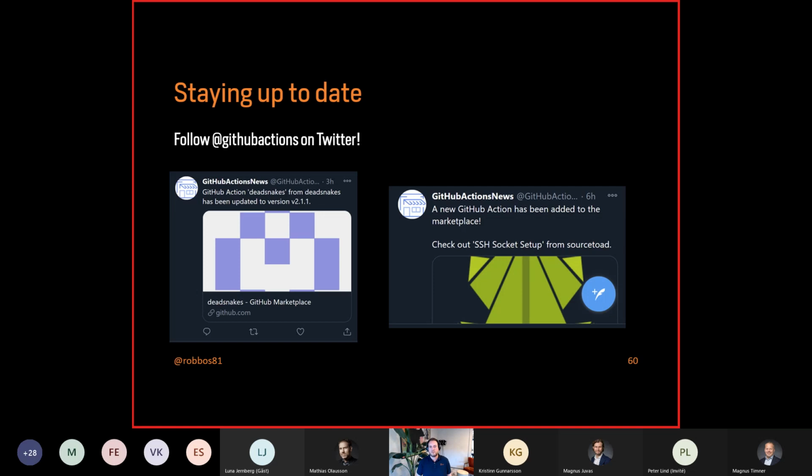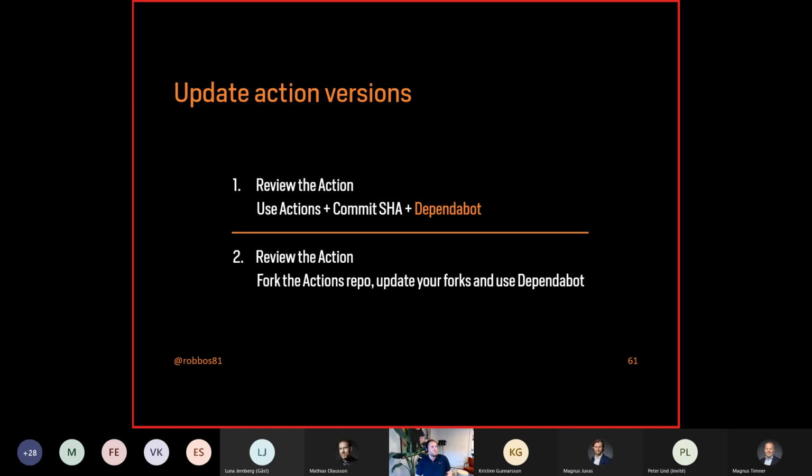But of course, this is not just a way to keep things up to date. You cannot wait for that tweet to come by and figure out, hey, I need to update my fork repository. What you can do is two different ways that I have to share, that both start with that single step that I said. If there's anything you're taking away from the session, review what the action is doing. Otherwise, you're just blindly pulling arbitrary code from the internet. Basically, you're asking to be hacked in that way.